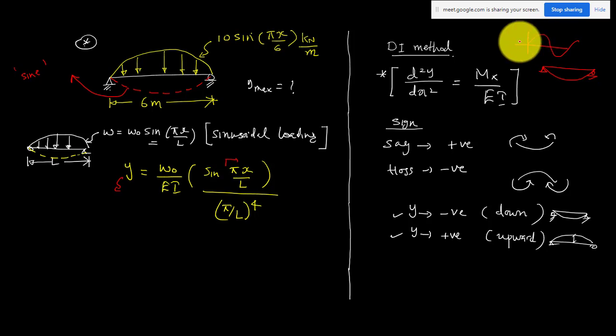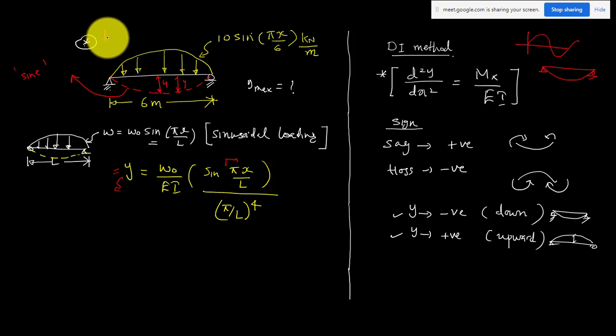So this kind of variation is going to be there for the deflection also. The deflection function y is nothing but the deflection at any section. This is y, vertical displacement. So this deflection function or elastic curve also will be a sine function. The loading is a sine function, that is why your deflection also varies as a function of sine. So this is the equation we got for the deflection at any point x.